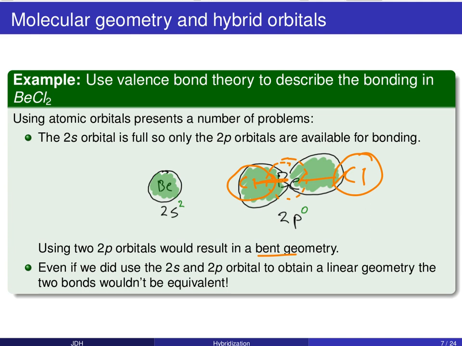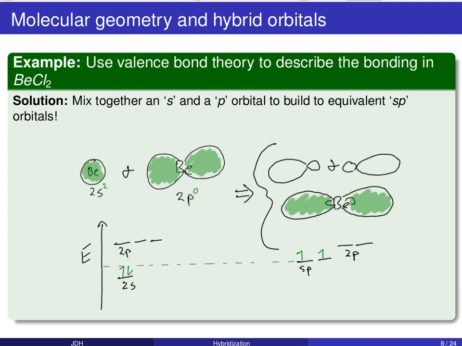Okay, so what we need to do is, of course, mix together these s and p orbitals in some sort of way so that we can construct differently shaped orbitals such that their shape, orientation, and energy can adequately account for this linear geometry that we know to be true. And this brings us to the example of hybridization that simply involves mixing together an s and a p